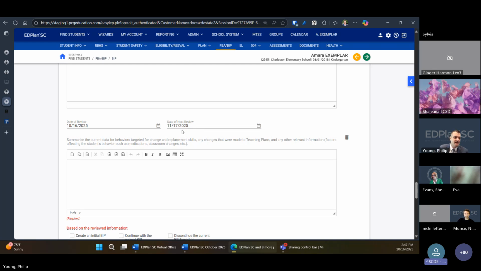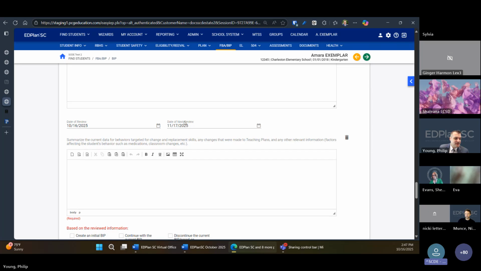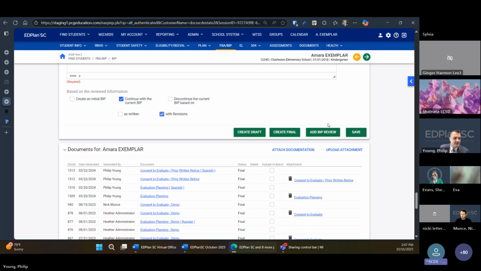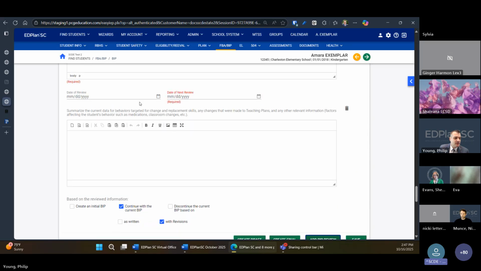It might say in the release notes, but that date of next review is a new field, and you would complete that when you're doing your BIP review. Then you would write your notes and make your determination. Every time I come in and add a new BIP review, I can add a new date of the next review. That's a required field.